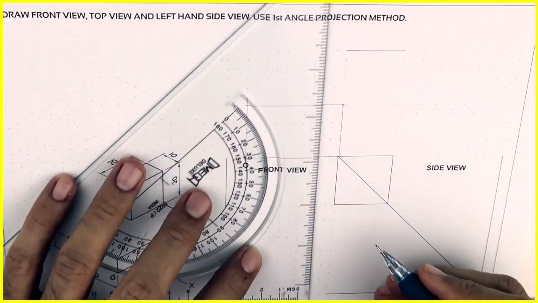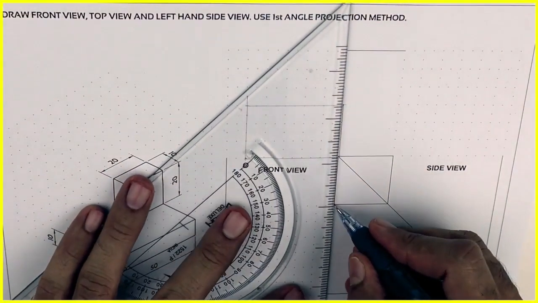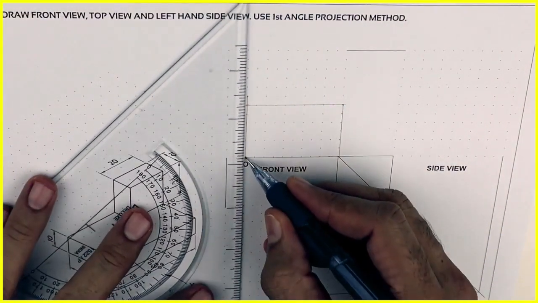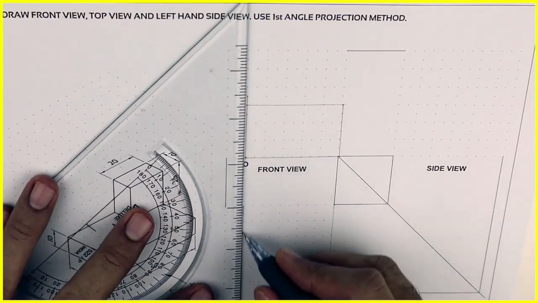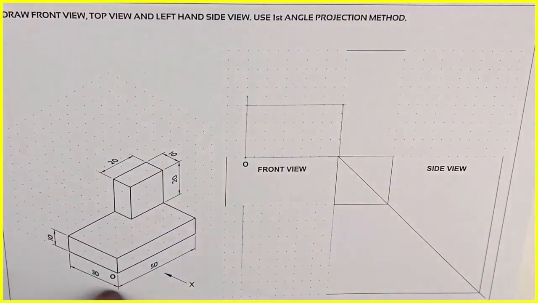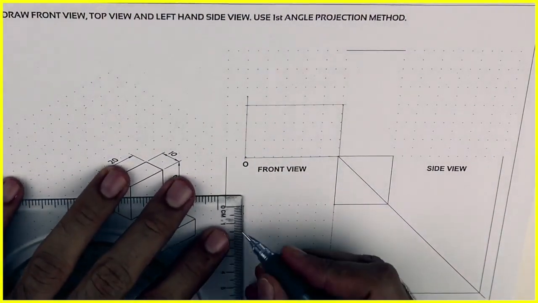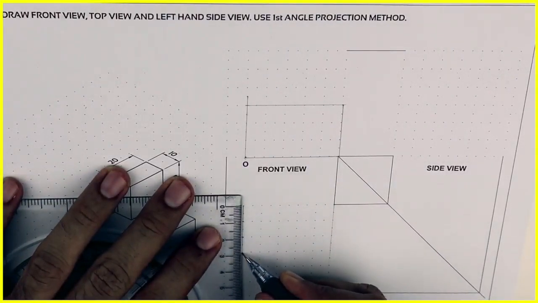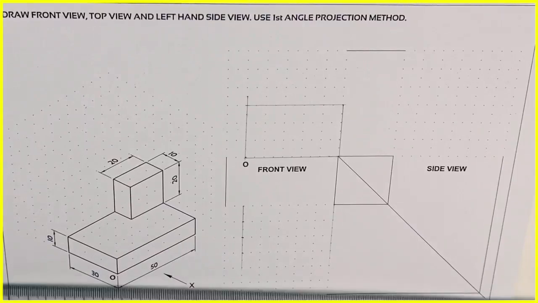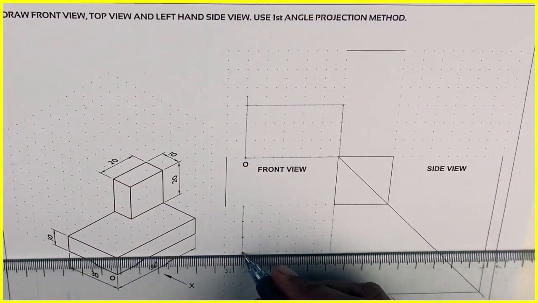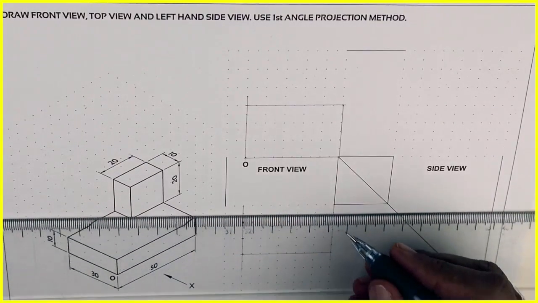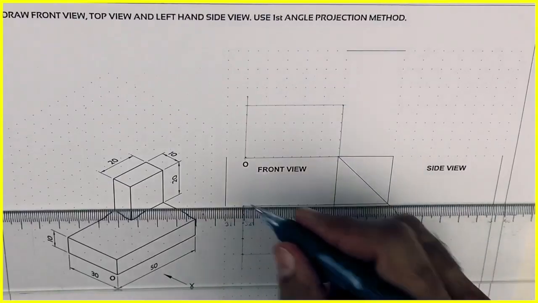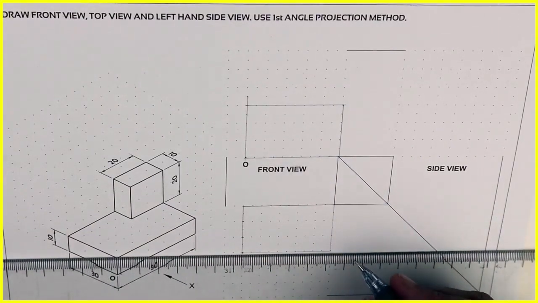So we have drawn front view where we can see only length and height. So we have marked 50, height is 30. Then we will leave 20. Why we leave 20? For dimensioning, for writing front view in guideline, for that purpose. You can leave whatever you want to leave. So this is top view, which is 50 by 30 because width is 30.